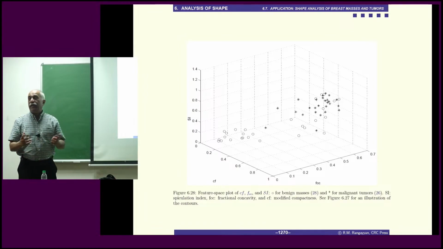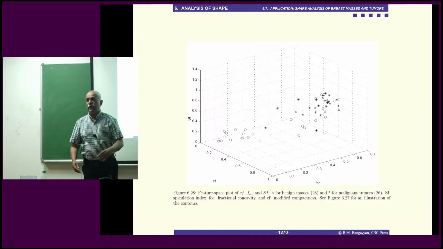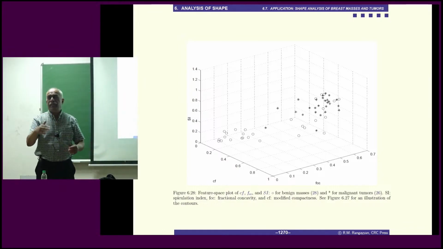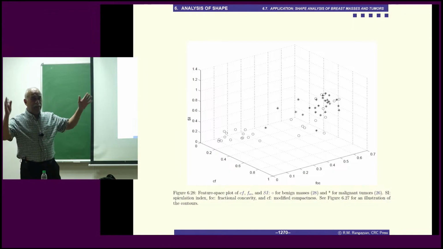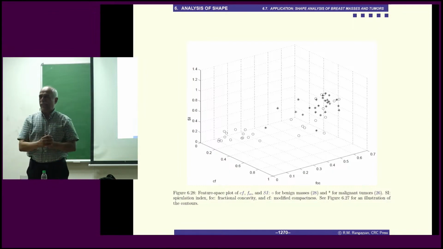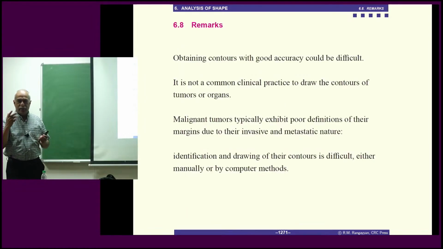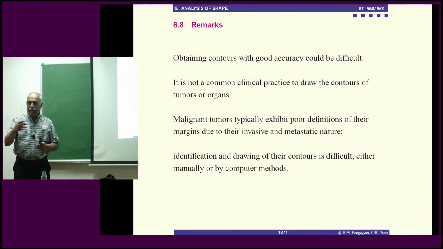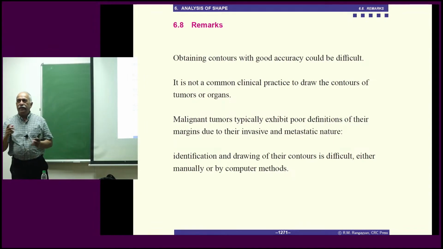And then there are so many pattern classification methods that depend upon the distribution. Are these Gaussian distributed? Are they multivariate Gaussian? What is the separability? So the result that you get depends upon the subsequent methods you apply. And if you have a big neural network with many layers, you will get 100%. With more training, more indentations in the contour, it depends on how you perceive the details. And if you're using a digital image processing method to get the contour, noise will affect the resolution and quality